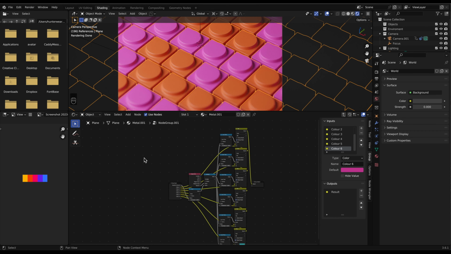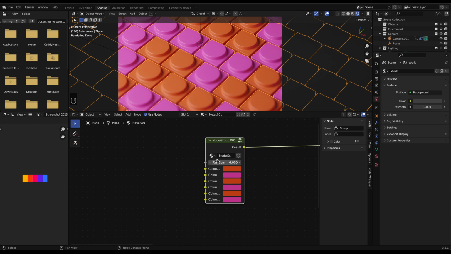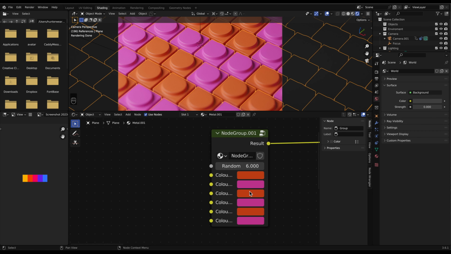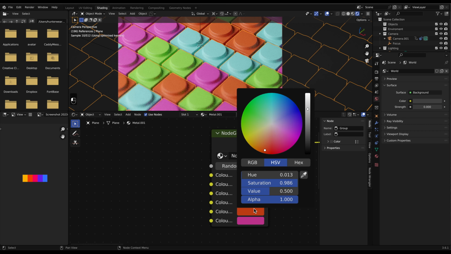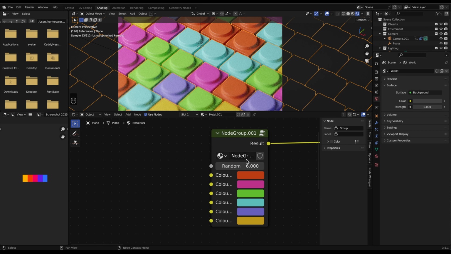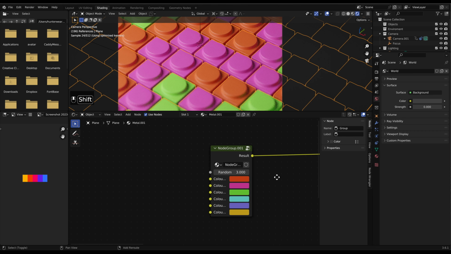And then to get out of your group, you can tab, and now we've got this set up here. So now we can say, all right, I want to randomize this. I want 6 different random values, and then we can randomize the color by 6 different random values. And then we can also limit this, so I only want 3, so it'll pick the top 3.